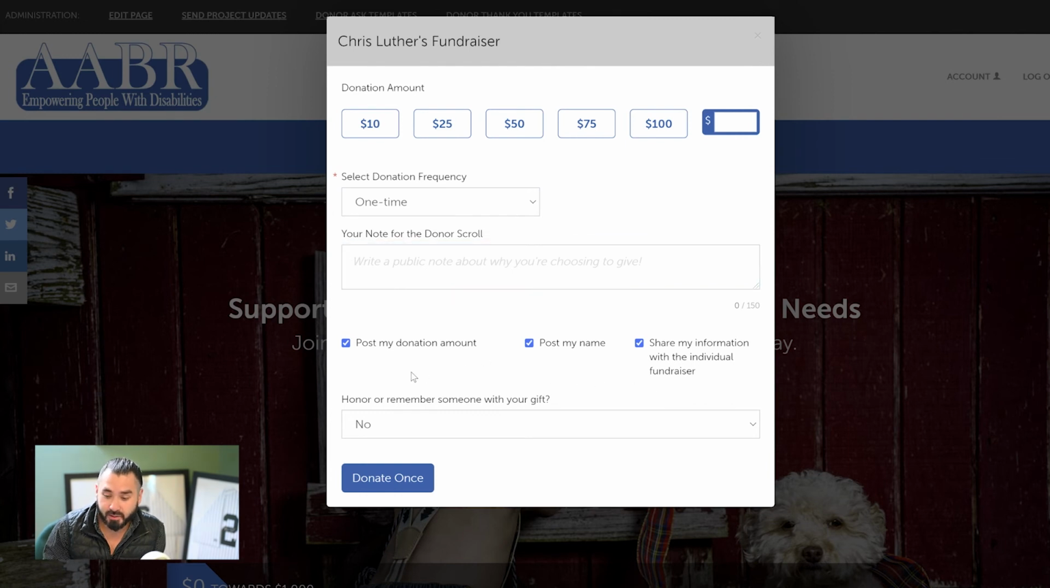And they also have the option to post their name on your page to show their support. So if they choose to do that, they can write their own little message, and once they hit donate, it'll populate on the bottom of your page, so all your friends will know that they've donated to you. And this is where they would choose if they want to honor someone or have a memorial for someone